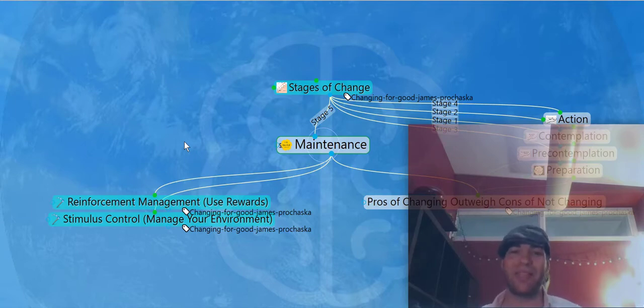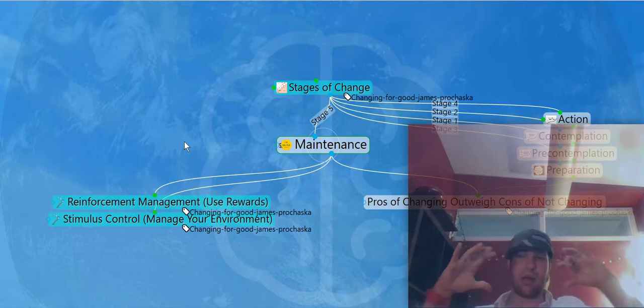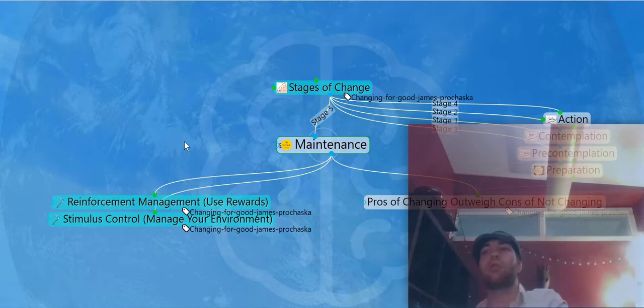So, start playing around with the stages of change. Think about, in the things you're trying to change in yourself, where are you in the stages of change? What are your strategies of change in that stage? And are you rushing yourself? Have you rushed yourself in the past? And how has that affected you?